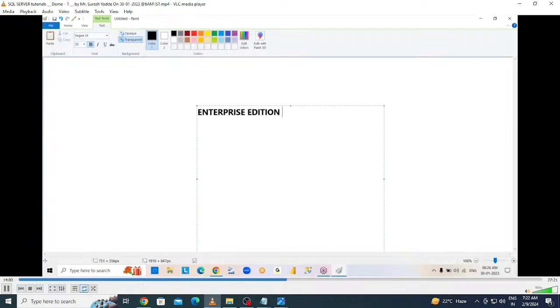See, Enterprise Edition is top end edition of the SQL Server, right? So top end edition means it contains each and every feature of the SQL Server, which is required for us